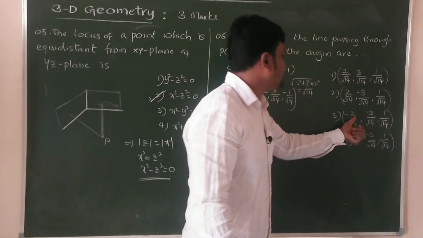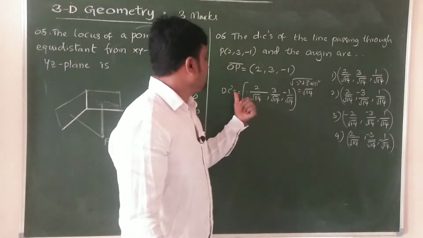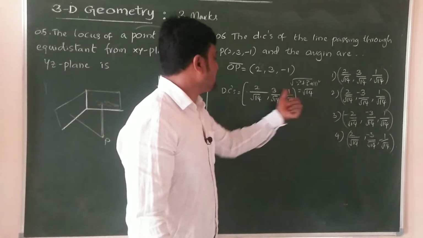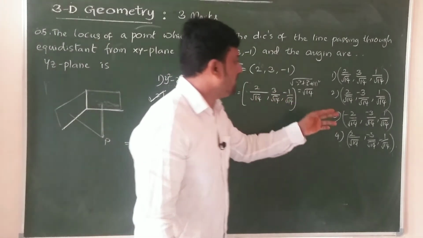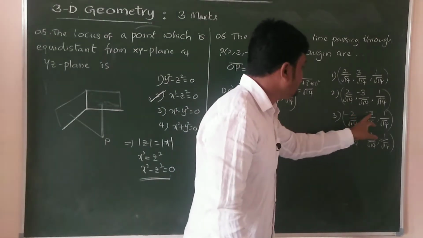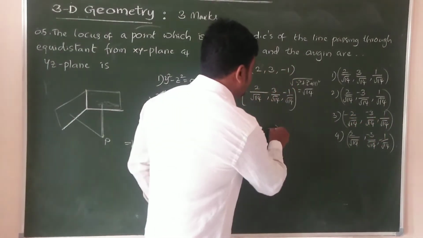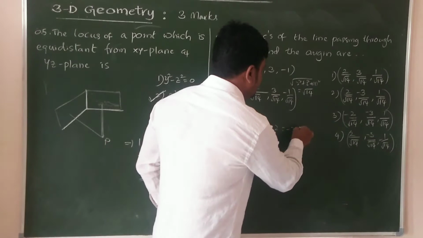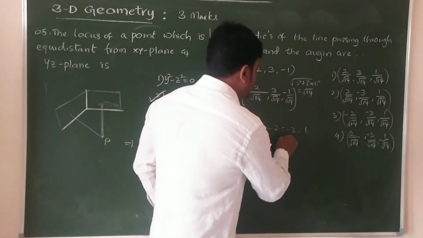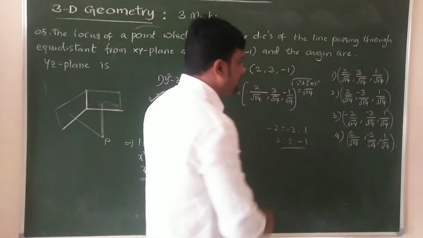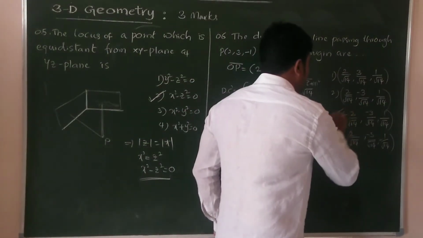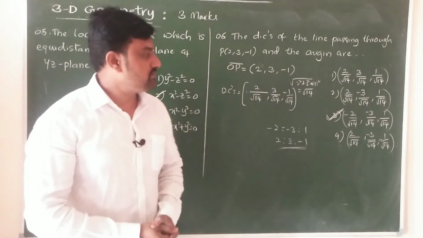Okay. Now this one also equals 2, 3, minus 1 over root 14. These are the common thing. Yes or no? But here the numerator is minus 2, minus 3, minus 1. After simplification like this, they will get it after multiplying with minus, giving 2, 3, minus 1. So our option is the third one. Okay, let us do more.